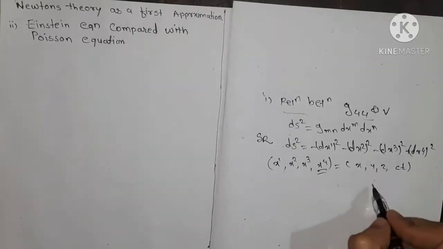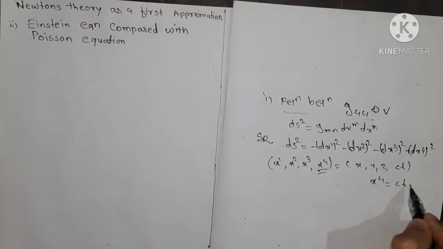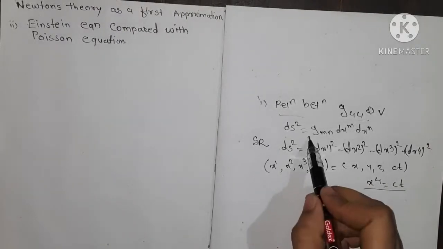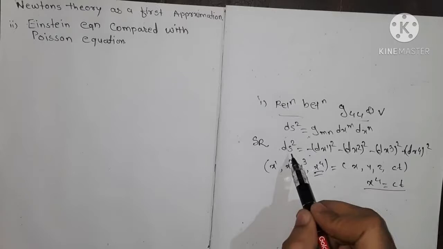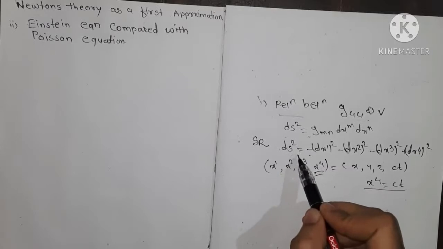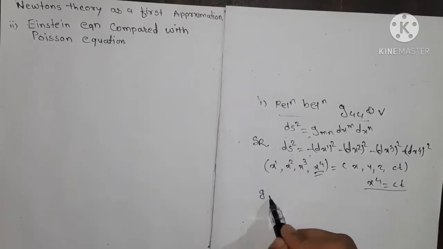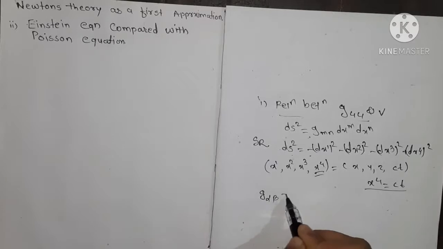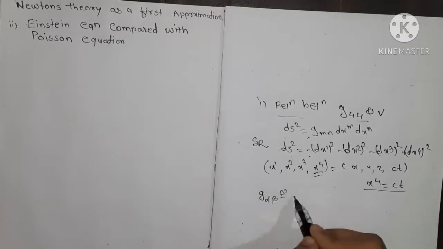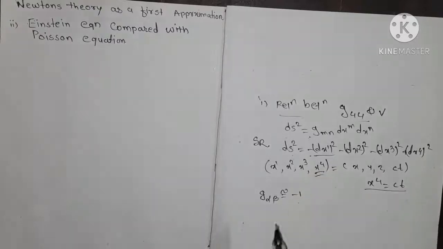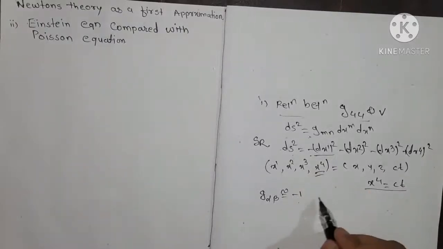So x4 equals ct. By comparing these two, the space-time of general relativity and of special relativity, we approximate the values of gmn: g alpha beta is approximately -1, by comparing this gmn with this dx1 square,